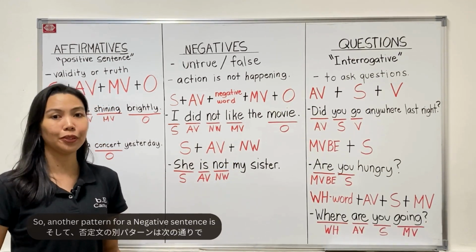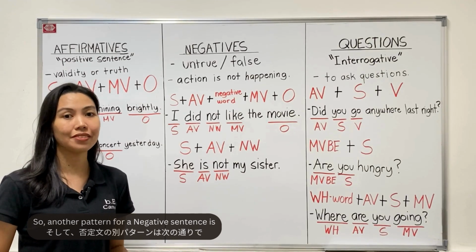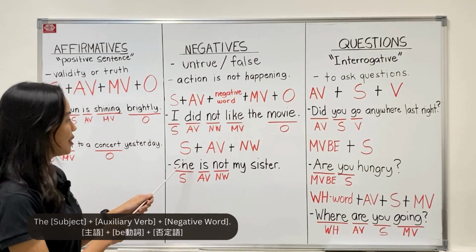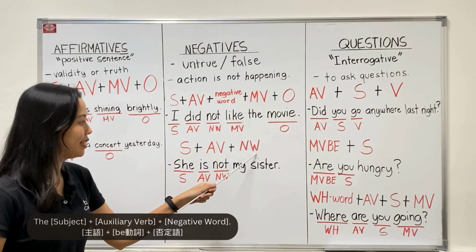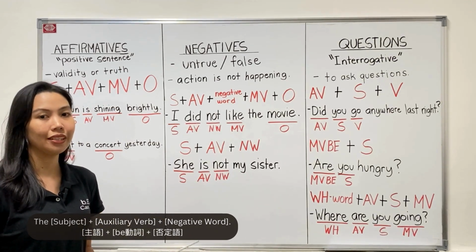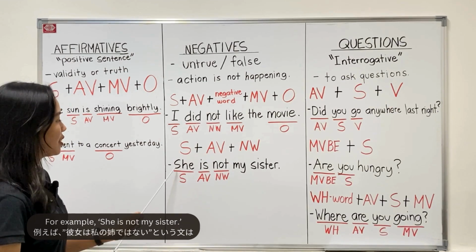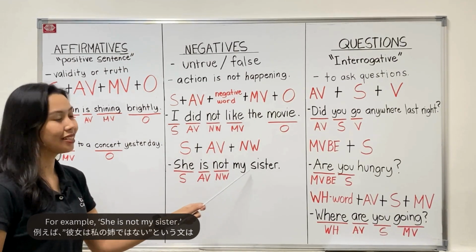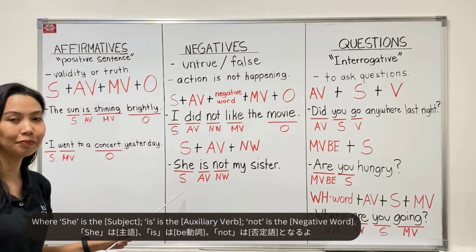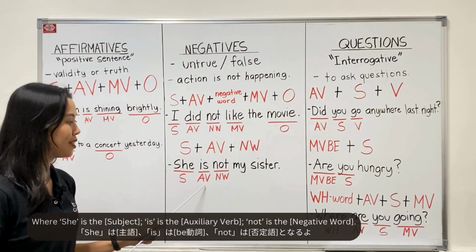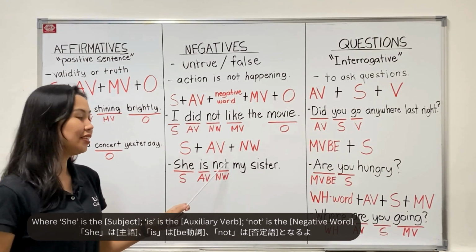So another pattern for a negative sentence is the subject, the auxiliary verb, and the negative word. For example, she is not my sister, wherein she is the subject, is the auxiliary verb, and not is